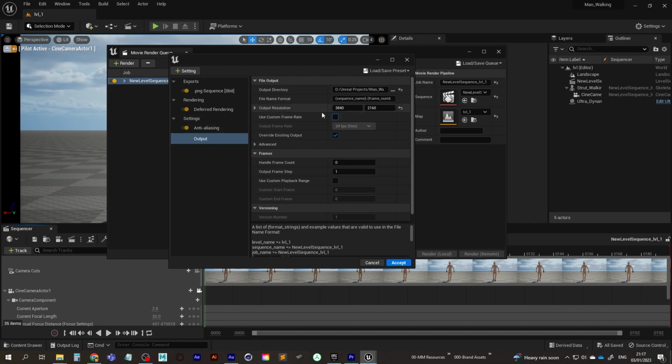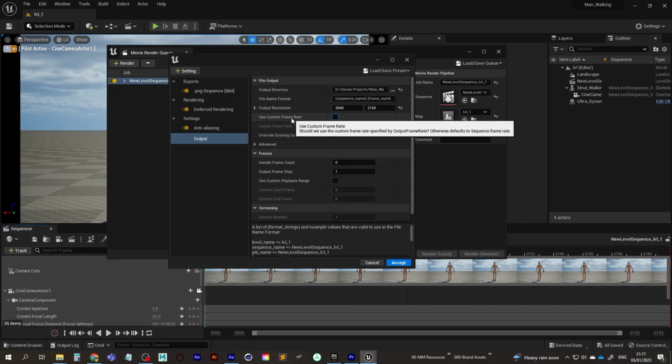So we're going to go 4K on this. So we're going to be able to zoom in if we want, and we're not going to lose any resolution. We're going to be able to add a bit of camera shake in post as well. And it's not going to add hardly any extra time onto our render times at all, unlike Cinema 4D would. 24 frames per second is fine.